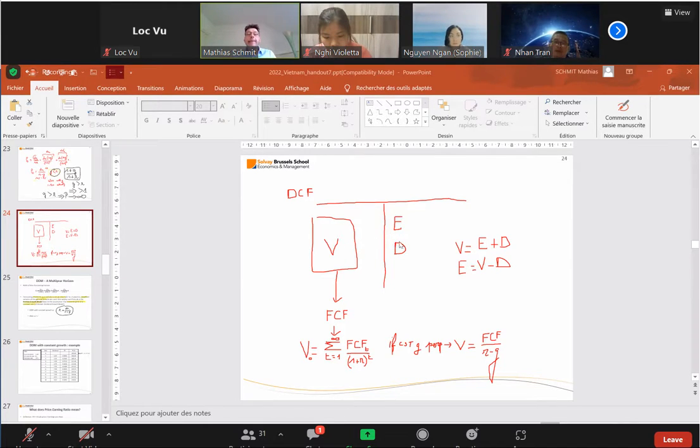But if you have debt, a part of the value has to go to the debt holders. So the equity, the shareholders will buy not the whole value, but the value minus what will go to the debt holders. Okay, so for instance,